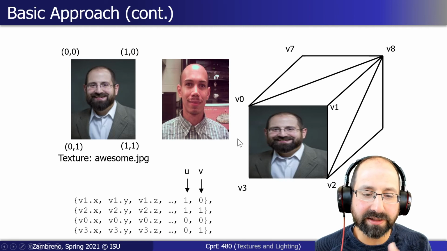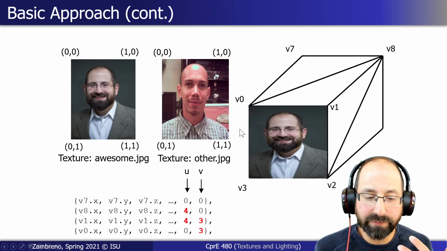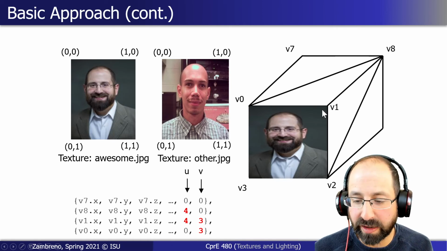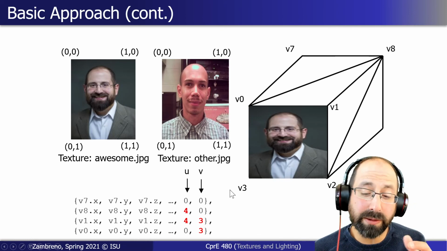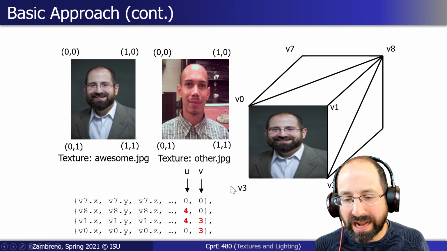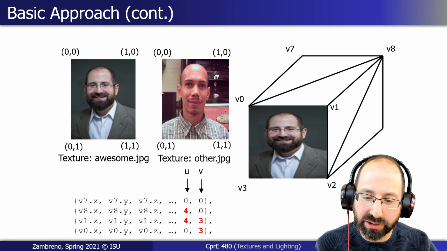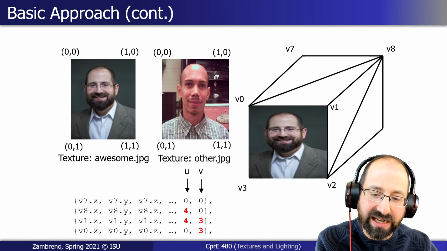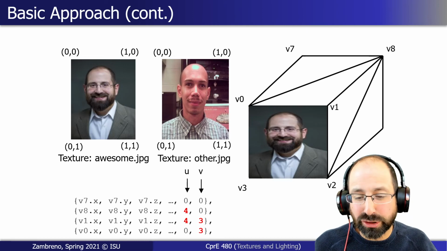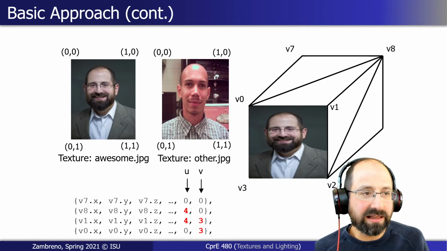Separately, if we now have a second texture, other.jpg, we can apply for these points up here in our cube a set of different UV values. And we tend to think of it as being between 0 and 1, but as we'll see, and I don't know how much of this we'll cover in practice, there's a wide range of configurations for my texture as a file, my texture as a block of data, my texture as being mapped to my texture unit. It's pretty large in terms of the configuration space, but one thing we can specify is a clamping or repeating